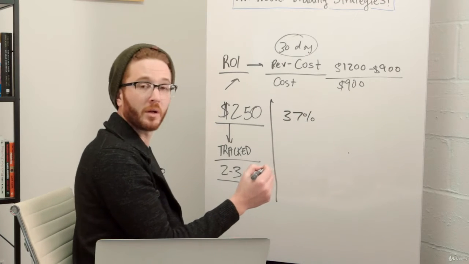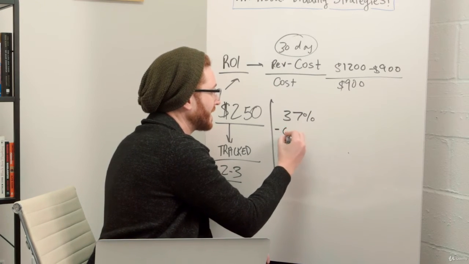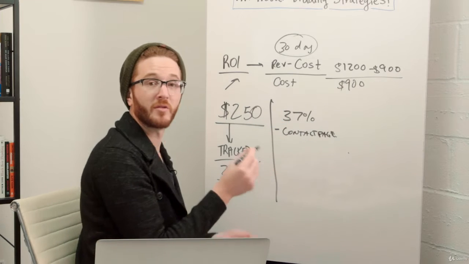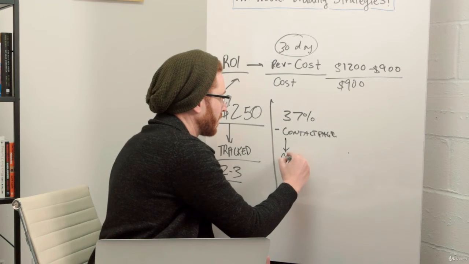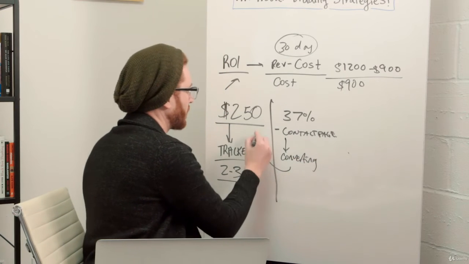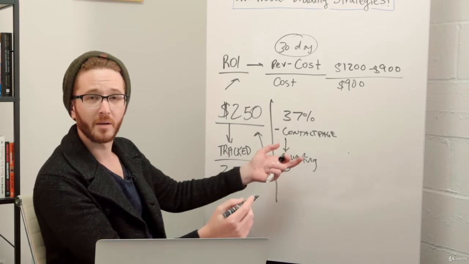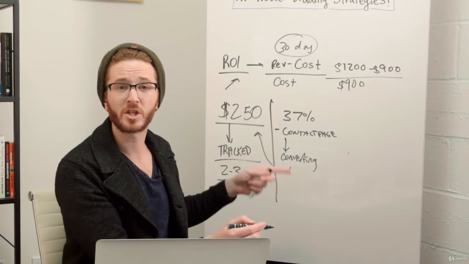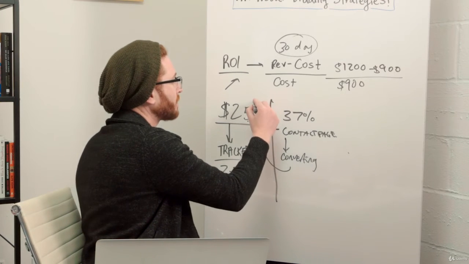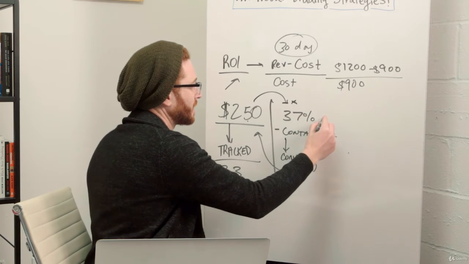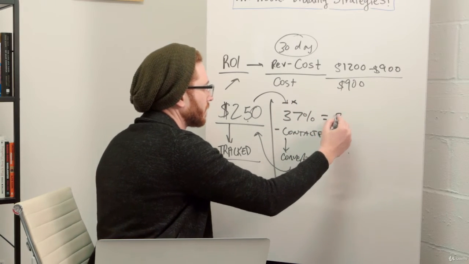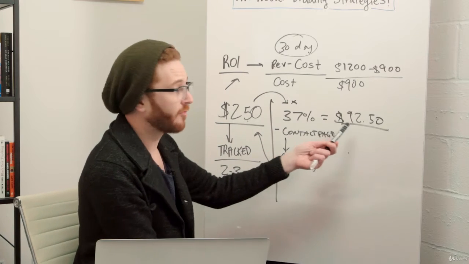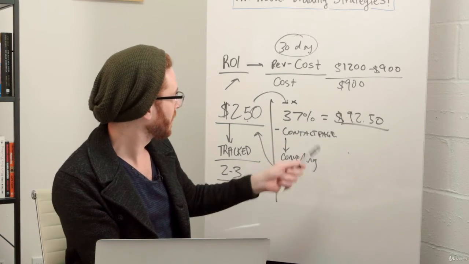37% of people who, let's say, view your contact page, 37% of contact page visitors end up converting, right? They end up converting into a $250 sale over here. That means I could track contact page visitors as a conversion action, but more importantly, I can attach a specific value to that. So you just take $250, you multiply $250 by 37%, and that equals 92.50, okay? So I would be able to now put 92.50 as my static conversion value for a contact page